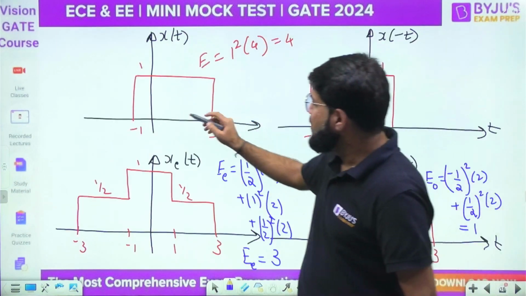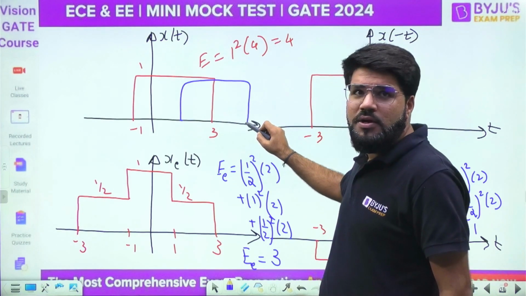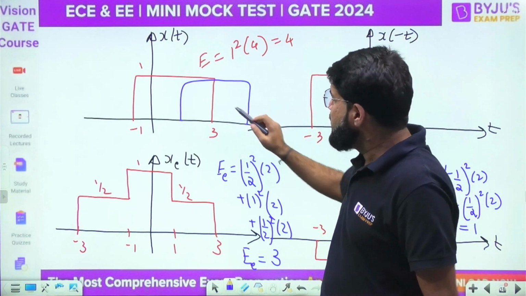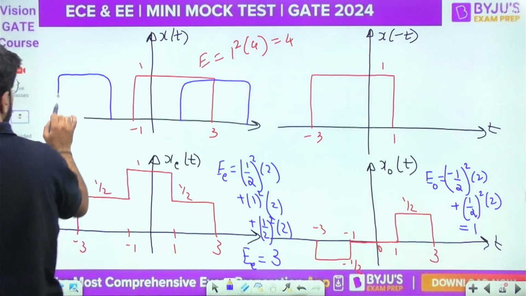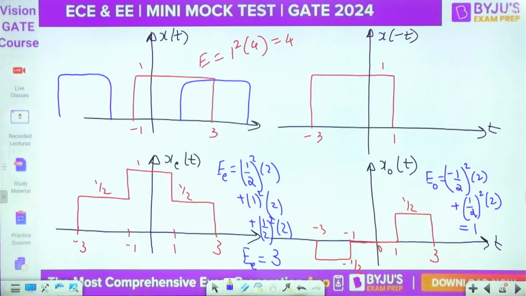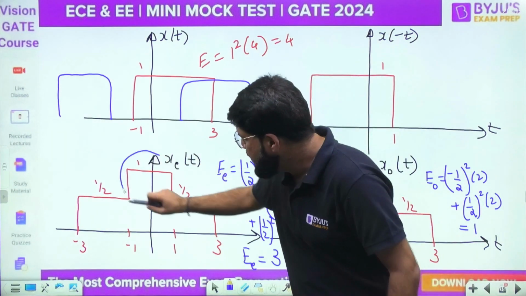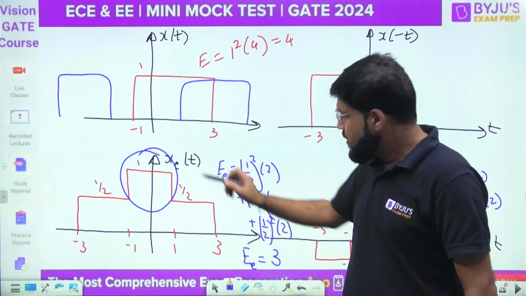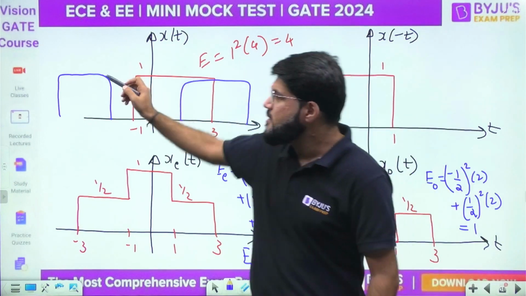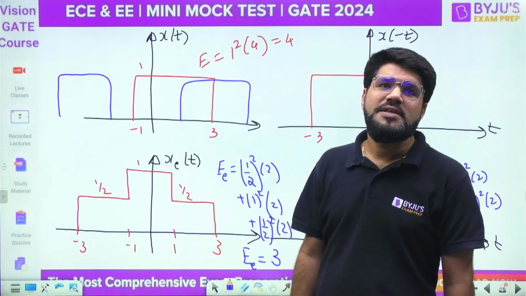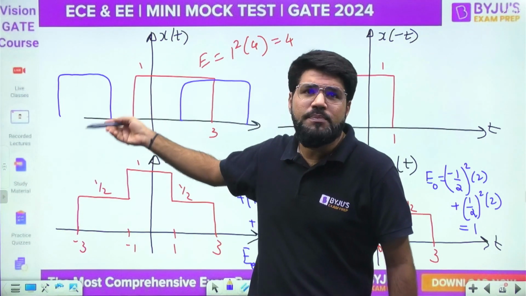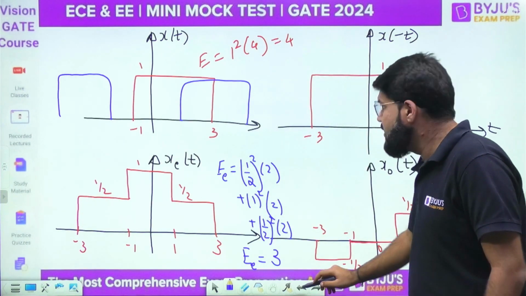if you take a signal which was only towards the right, यहीं पर roughly बताता हूँ. I took a signal which was extending on both the sides. But if you suppose took a causal signal, so when you take the mirror image, the mirror image is only on the left. Now when you calculate the energy, see what happened, how actually this was more. This was more because they had the common portion that was added. If they don't have any common portion, this is xt, this is x minus t. So xo minus t is negative ho jayega, but even if you take the negative amplitude, energy is not affected. The energy is amplitude square. So then it will be same.